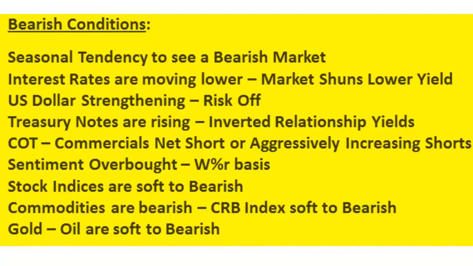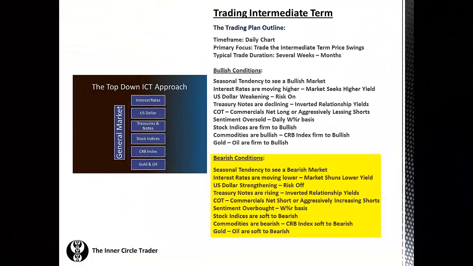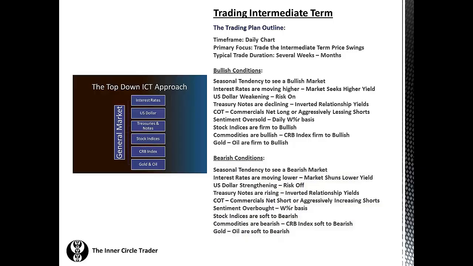Commodities at this point should be bearish, and we would be referencing the CRB index again as well, hopefully looking for some kind of topping formation, key resistance levels, or some rejections at the highs, indicating that it is now soft and or trading bearishly. And again, referencing the gold and oil benchmarks for the economy should be soft, maybe resistance in both those markets as well, seeing softer prices and maybe as much as bearishness to facilitate further confidence in a bearish market condition.